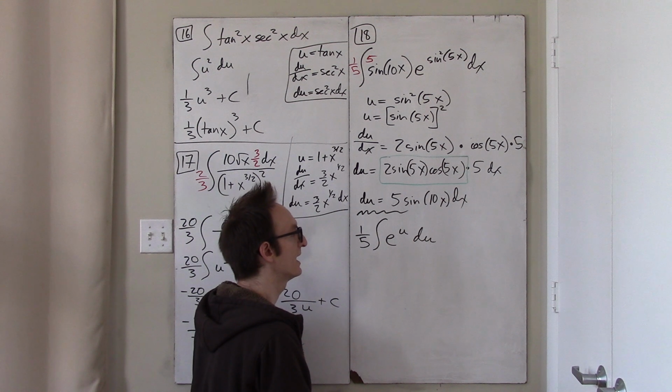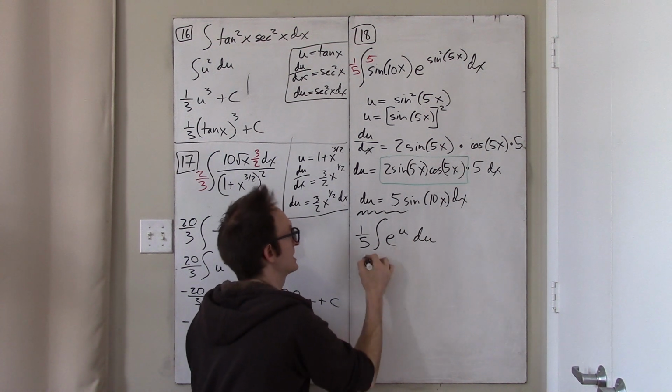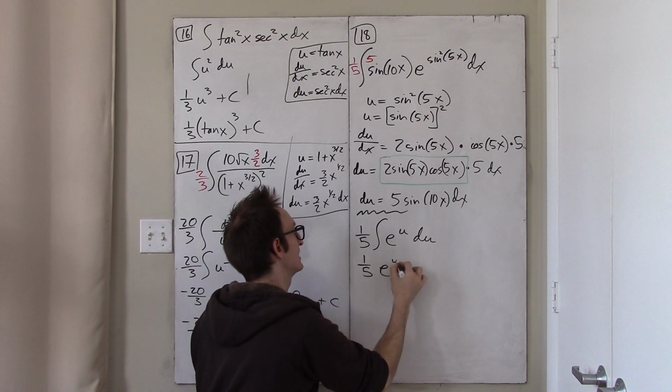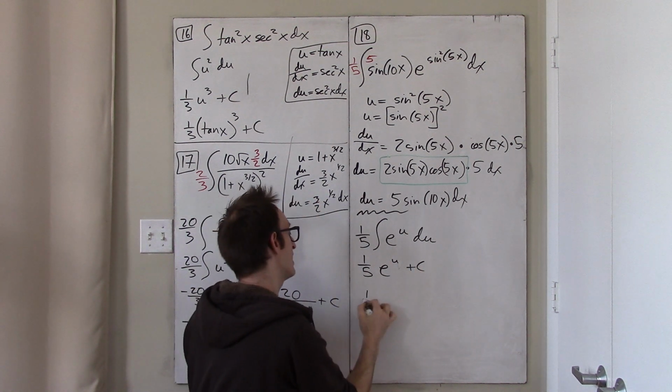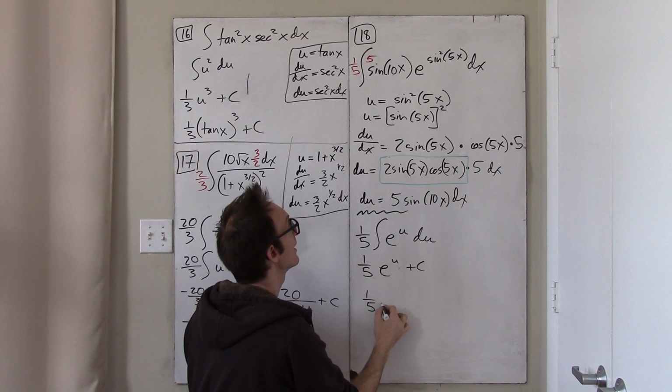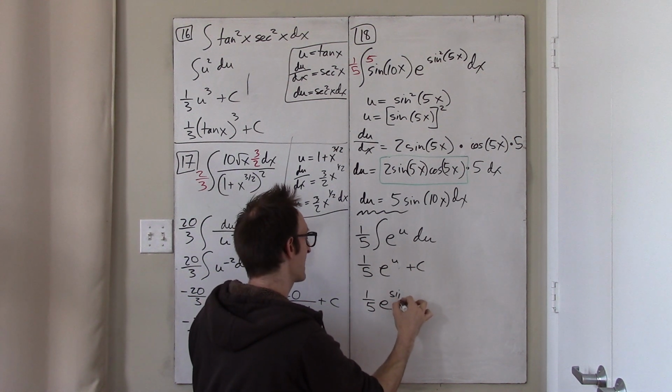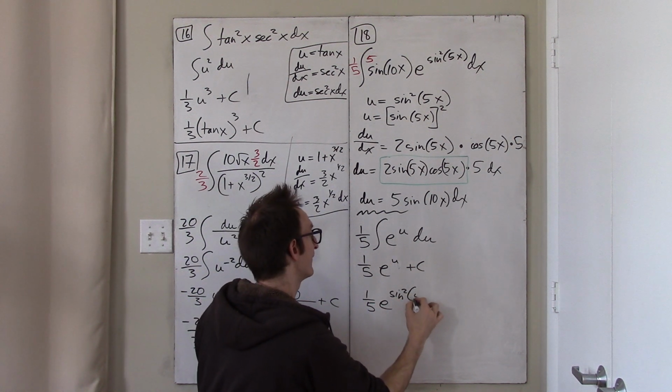Ta-da! And the antiderivative of e to the u is just e to the u, so this is 1/5 e to the u plus c. So our final answer is 1/5 e to the sine squared 5x